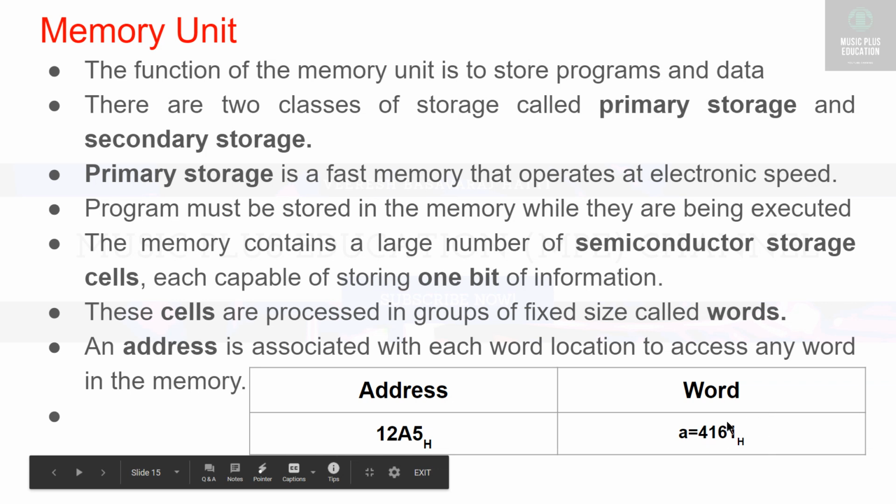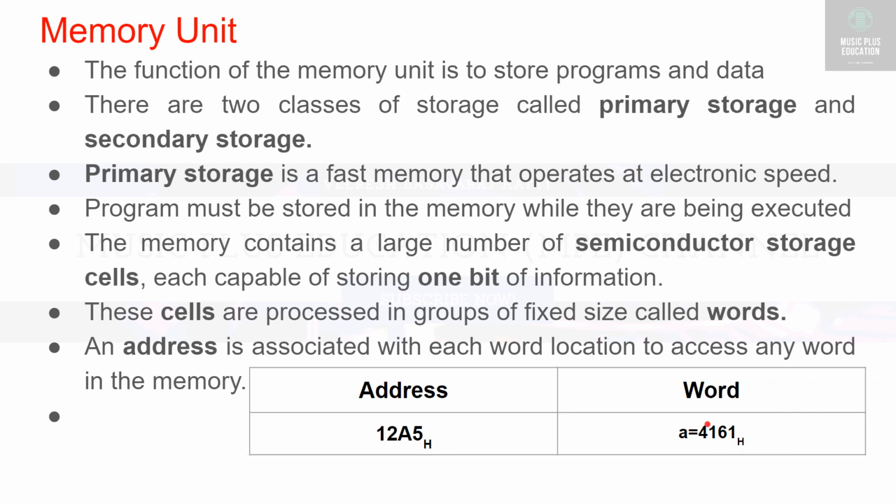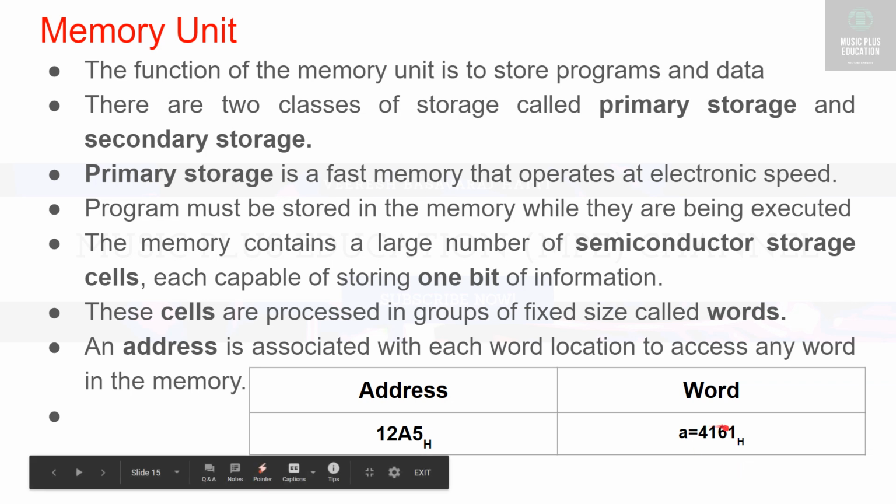That is what this is, the memory now. This entire block is the memory block, and this is the data 6536, converted to the hexadecimal equivalent of 6536. I don't know whether it is exactly 6536, I just take an example. Okay. So now what is the address of this 12A5H?